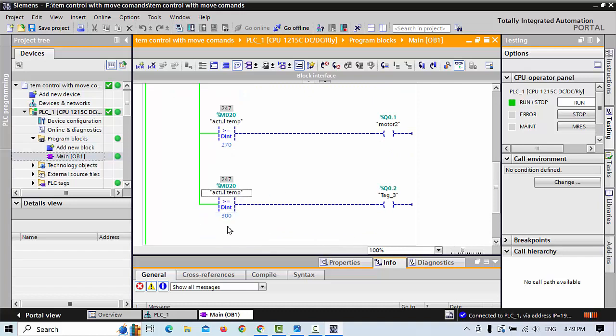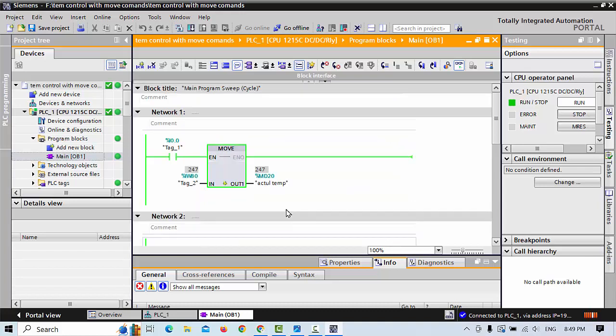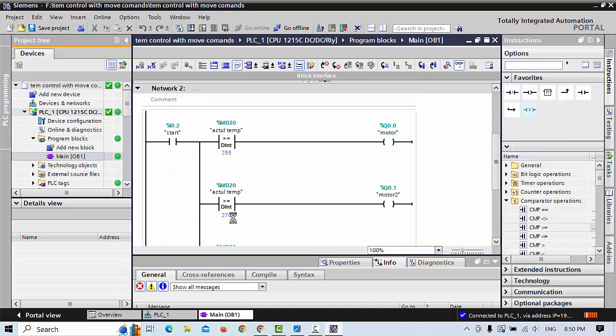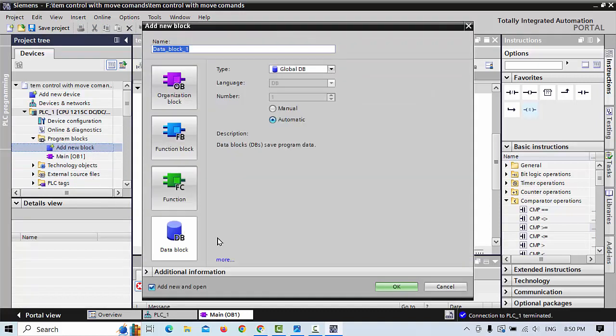And also, if you would like to see this data on the HMI, how much my temperature is running, you can take this data register MD20 at the HMI. And also if you need the set points for the speeds, simply go back to the program, simulation stop, and here we can add one new block. We make it a data block, and you can give it the name TEMP temperature